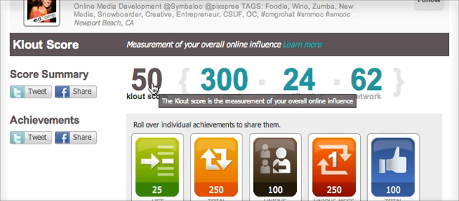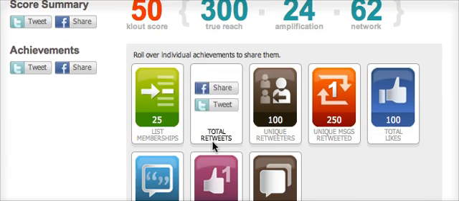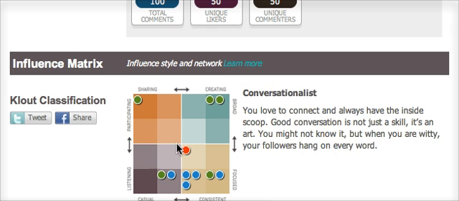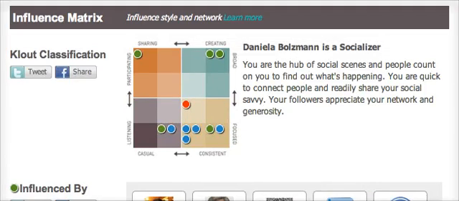With Klout, you can see the Klout score, their reach, amplification, network, their accomplishments on Twitter and Facebook, their Klout classifications, which gives you more in-depth into their personality type, who they're influenced by, and I can't scroll down any further with the tool that I'm using, but it also shows you who they influence, and it gives you some topic tags, some things that they like to tweet very often. So for instance, the things that I like to tweet are social media, Orange County, community, and managers. And that gives somebody a better perspective when they want to introduce themselves to me and get to know me